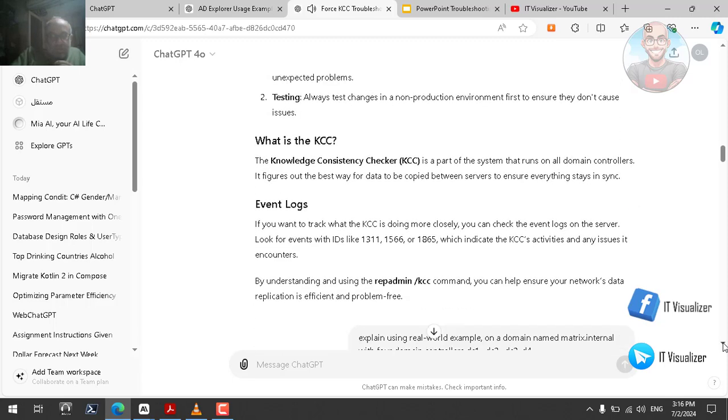What is the KCC? The Knowledge Consistency Checker, KCC, is a part of the system that runs on all domain controllers. It figures out the best way for data to be copied between servers to ensure everything stays in sync. Event logs. If you want to track what the KCC is doing more closely, you can check the event logs on the server. Look for events with IDs like 1311, 1566, or 1865, which indicate the KCC's activities and any issues it encounters. By understanding and using the repadmin/e command, you can help ensure your network's data replication is efficient